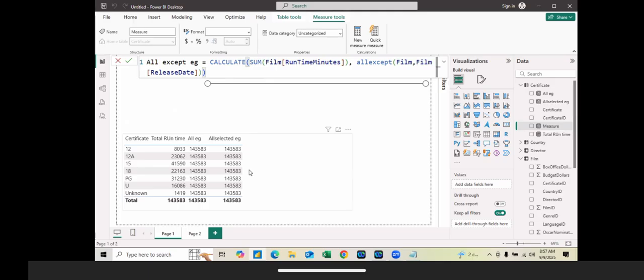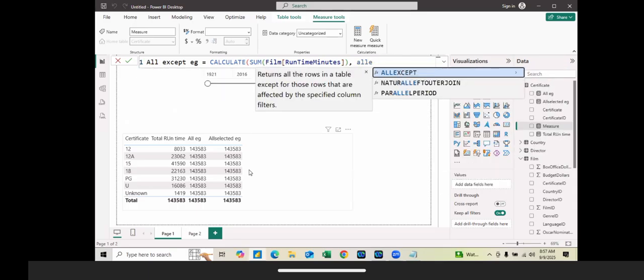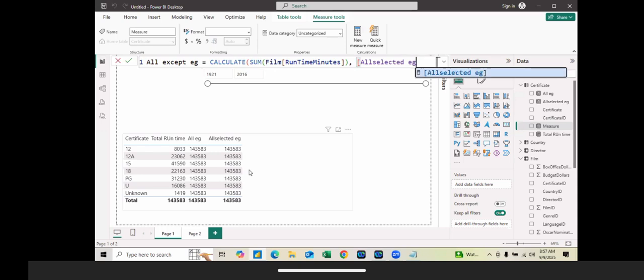What is the question? Where to mention the table, where not to mention it? It is not like where to mention and where not to mention. It is just the syntax. Okay, see here. If we write ALLSELECTED,